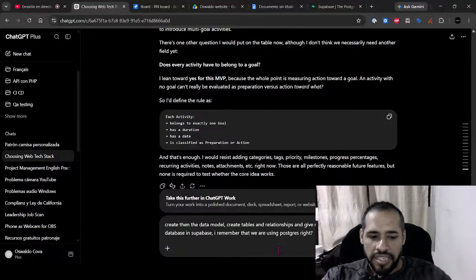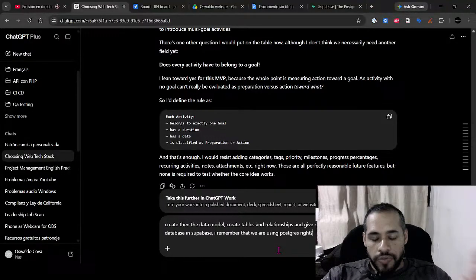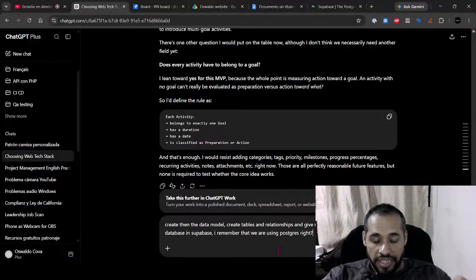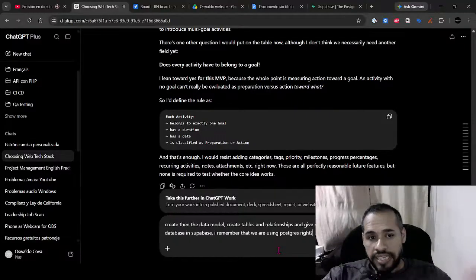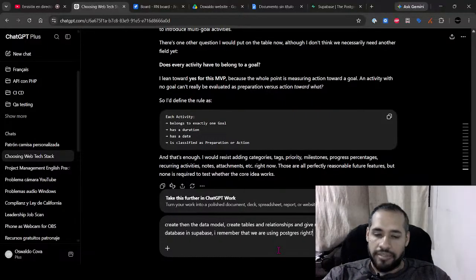If you are familiar with this kind of databases, you know that you have a SQL command line, and you can copy and paste all the information, and that's gonna create the whole thing without doing it manually.